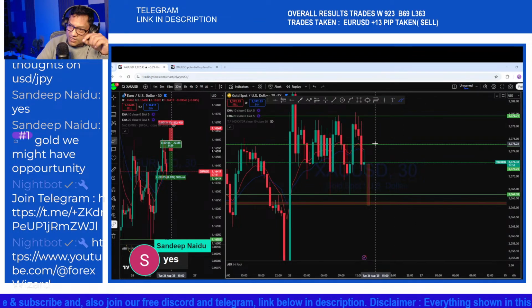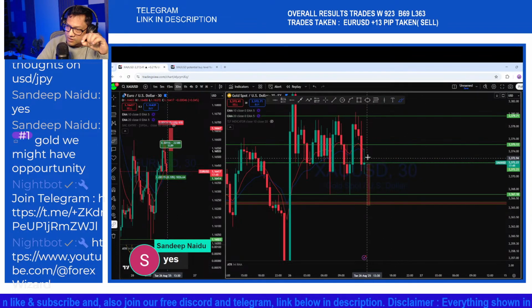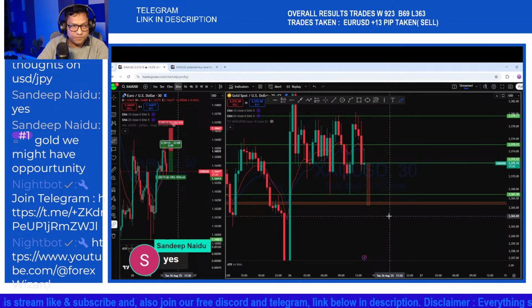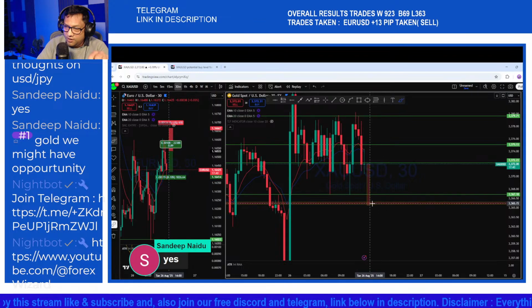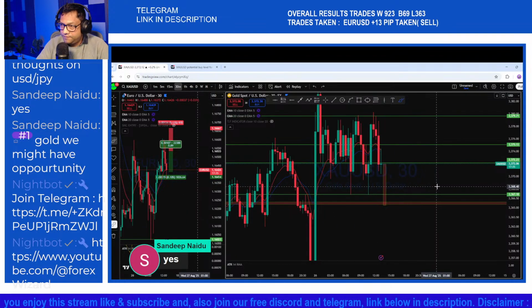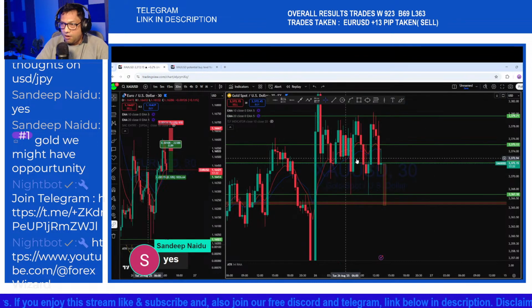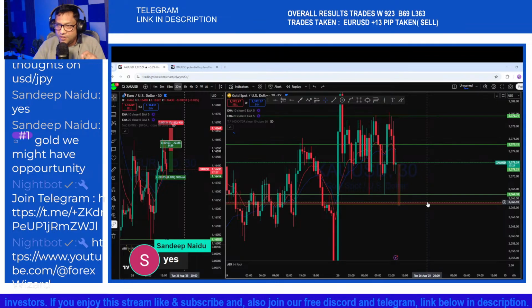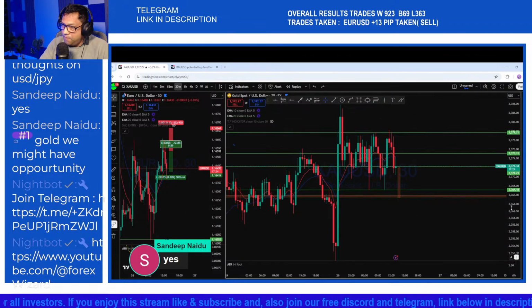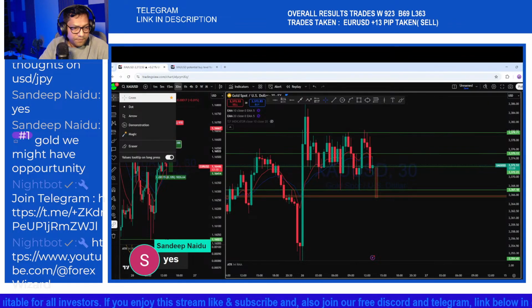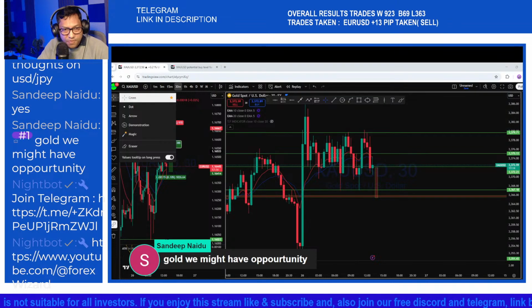Now, what you can see slowly, this 30-minute candle is most likely to break that low in that direction. And that's where we'll find that entry opportunity to the upside. All right, let's wait to see the market move to that level, and then revert again back to the upside to create a new higher high in this market. Gold might have an opportunity, yes, absolutely.